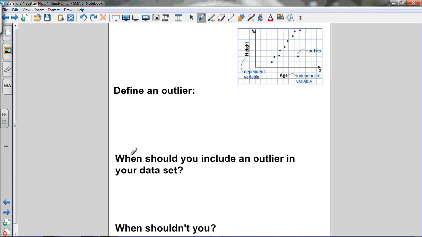Next thing we need to know how to define: we need to know what an outlier is. Sometimes you'll do a study, you'll get your data, and it might look like this, and then you've got this one random point out here that doesn't follow the same trend as the rest of the data did. So let's define an outlier. It's a measure that differs significantly